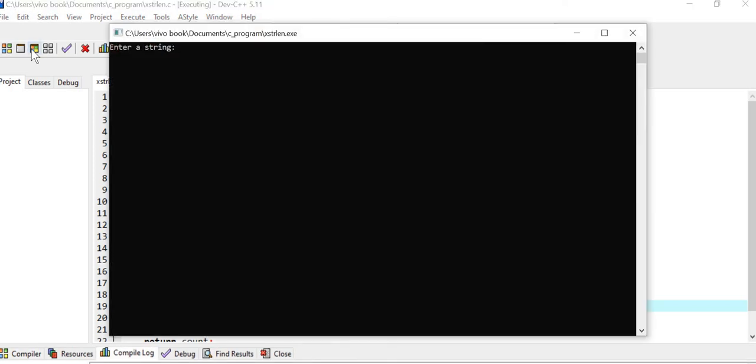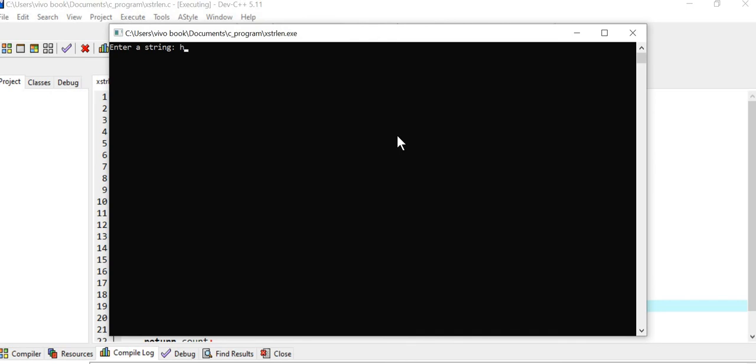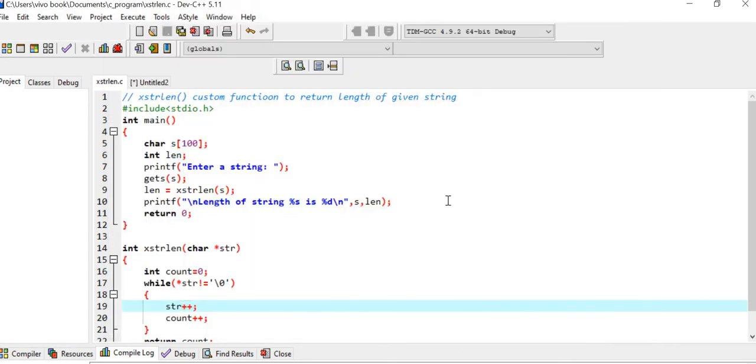Enter the string, let us say the string is hello. You can see the length of the string is 5, so it is providing me the correct result. If I write hello world, the length of the string is 11. So this code is working perfectly fine.